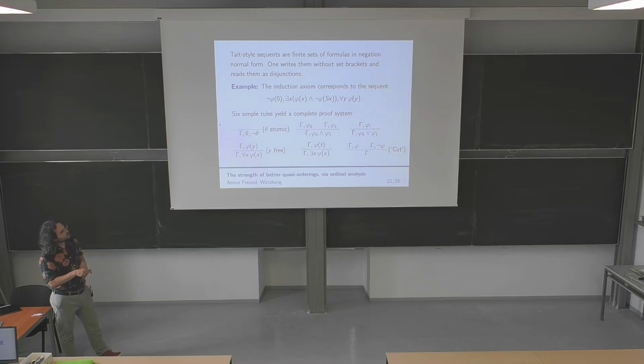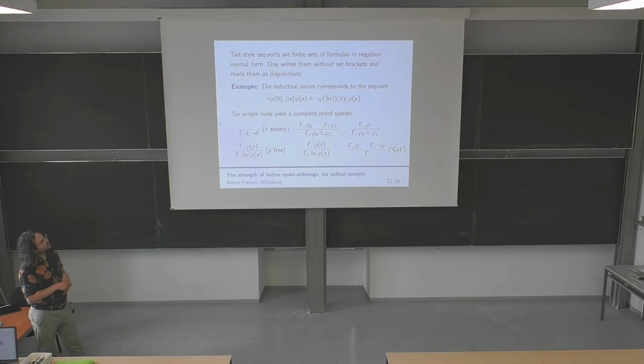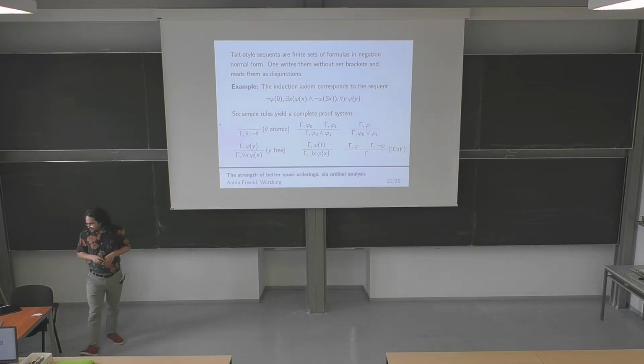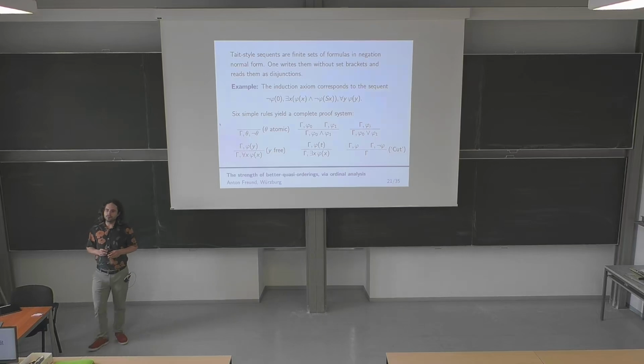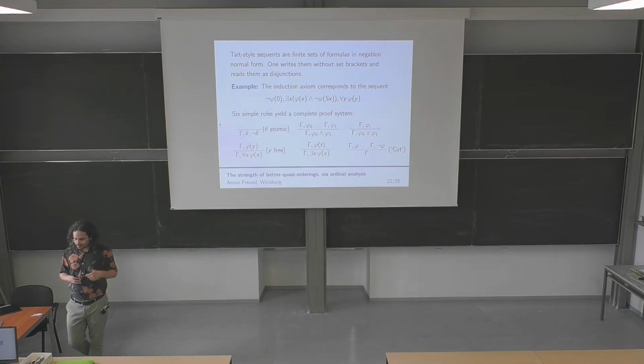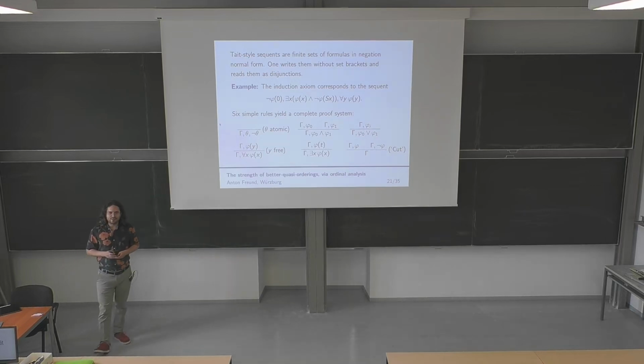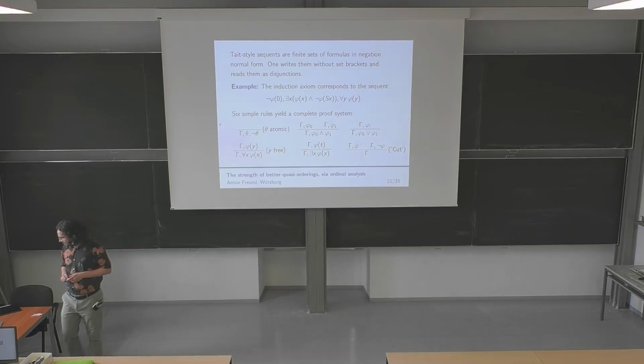And then you have this cut rule, which says if you have proved on the one hand that either something from gamma holds or phi holds, and you've also proved that either something from gamma holds or not phi holds, then something from gamma must hold because, well, not both of these can be satisfied. So let's say maybe phi was false, then this first premise says you. We will see that the cut rule is not actually needed to get a complete proof system, but we will also see that it's still very important to have it available when you start doing certain things, and then you can eliminate it later. Okay?